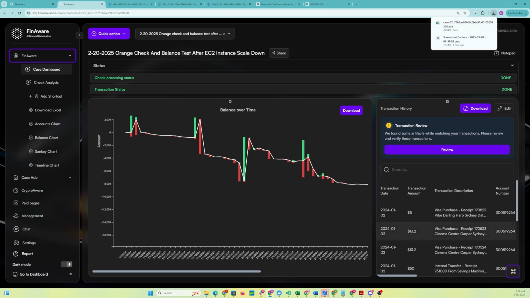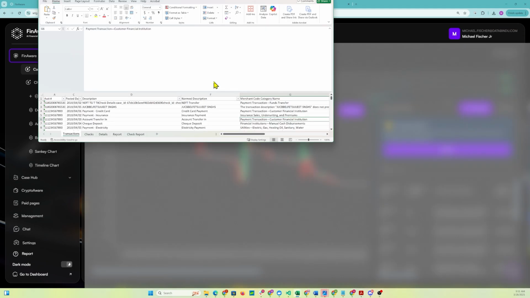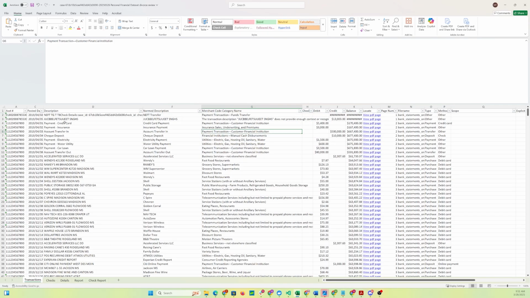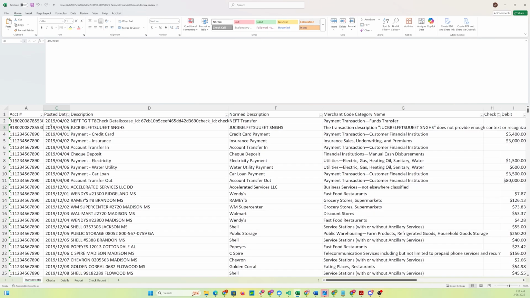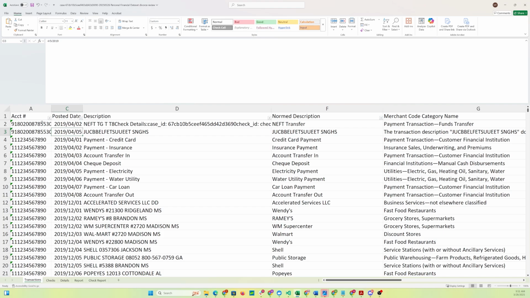Then if you want to see your data from a different vantage point, we can download the data as an Excel file. We can open the Excel file, and you'll see that FinAware provides various details based on your transactions. So it provides the account number that the transaction occurred in, the date, the description. We provide features such as a norm description to try to narrow down on the important information within the description field. So you'll see here, this provides a category for the transaction that you can then use to either create additional analytics on